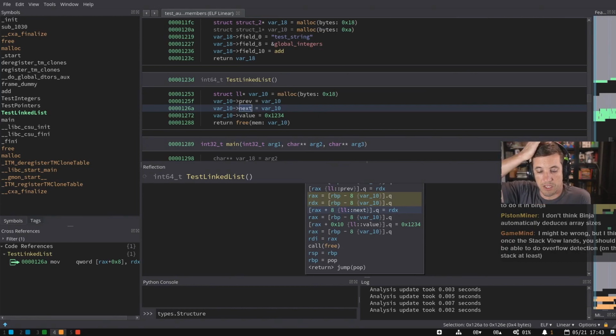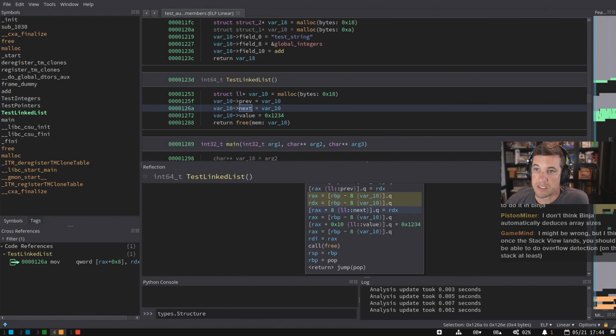So Piston and GameMind, you are both correct to answer your question, Gilbert. The array detection that Binary Ninja has right now doesn't automatically detect stack array sizes. That's one of those to-do features yet to be done. We saw a ton of improvements in arrays of structures that work really well in the last couple weeks, last month or so. But that one still remains, so it will not create an array automatically when it's a stack-based array. The struct creation would kind of work for that, but if it's a stack array, you're not going to get that.